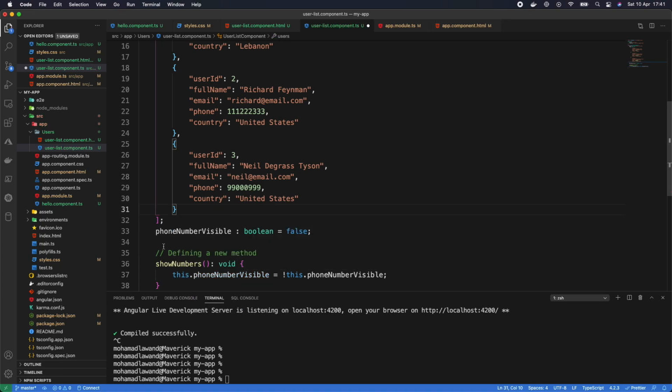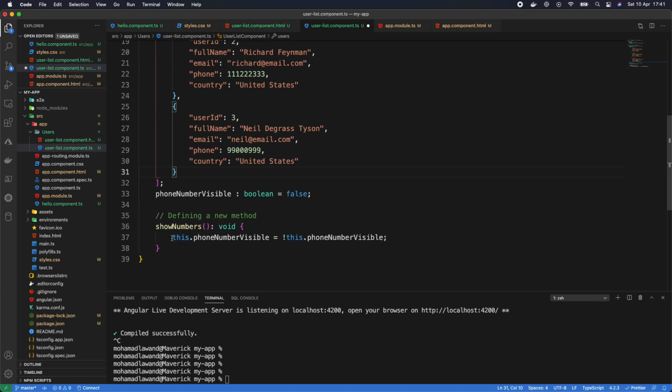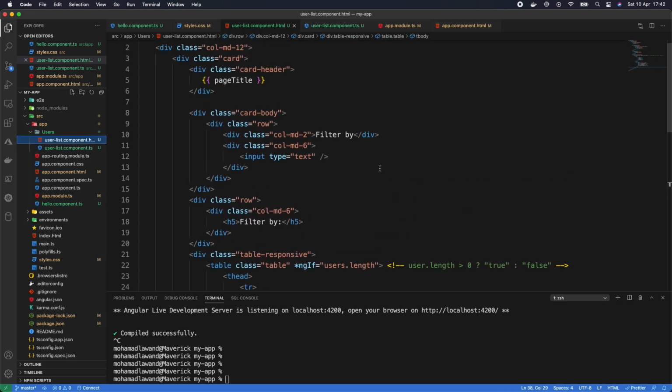Great. So basically, what we're doing here is we're taking this variable that we have created, and since it's a boolean, we are putting the opposite value of it. So the exclamation mark here means get me the opposite value of your value. So if it's true, it's gonna save it as false, and if it's false, it's gonna be saving it as true. Perfect. Let's save this, and now let's go back to our template,